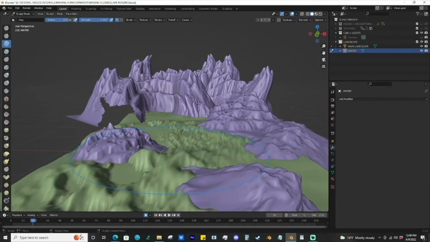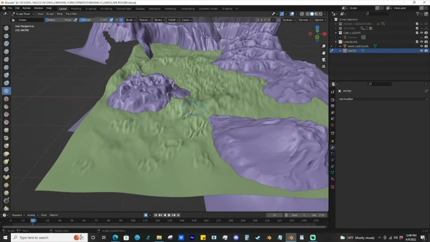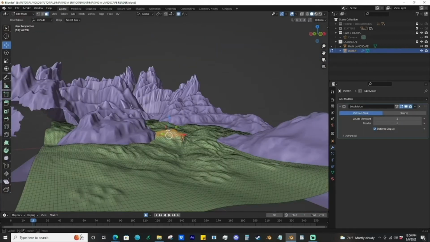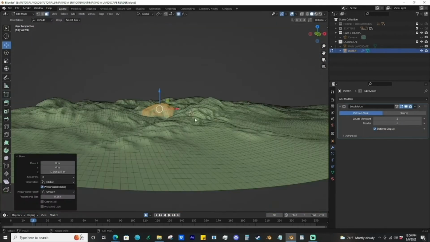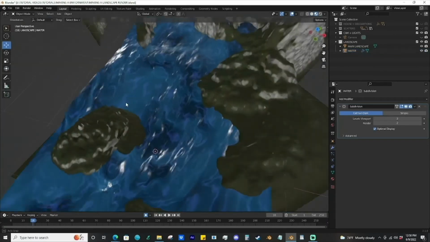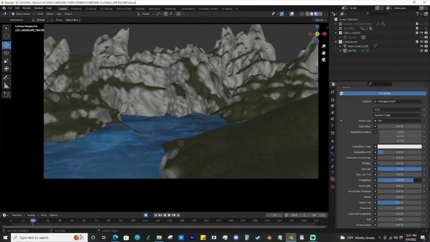And then from there, you're going to go into sculpt mode and start sculpting in details. What's actually really nice about this is that once you're done sculpting, you'll notice that it looks more cool. It kind of messes up the Voronoi a little bit. It makes it a little bit more